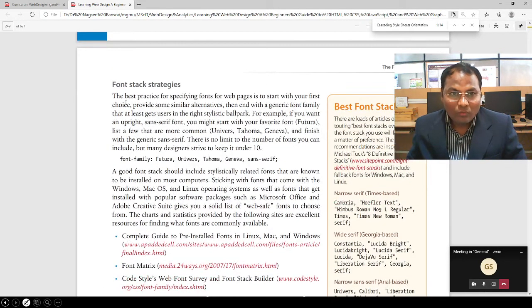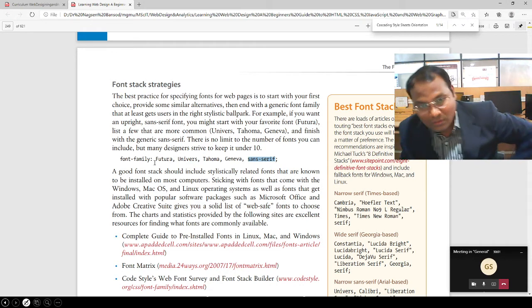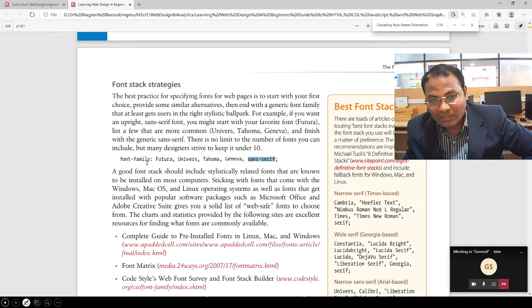Now, font stack strategies. I already told you, suppose we are adding a font family and a font stack, one of the fonts from this list will be displayed in the browser. So we use multiple fonts on the same selector, on the same property. Font-family is the property, and it has the values Futura, Univers, Tahoma.